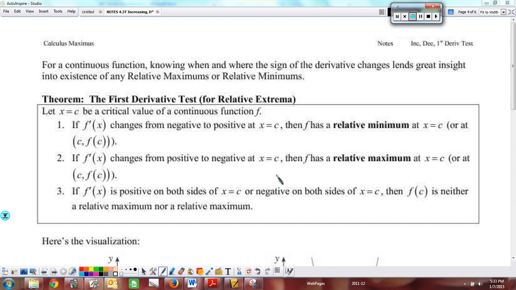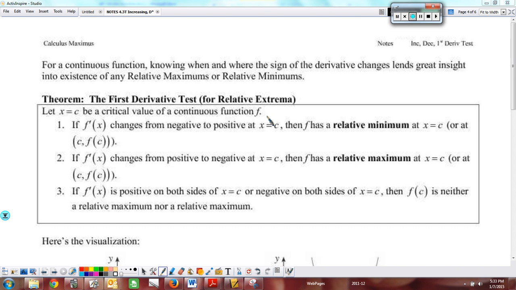In the first part of this packet, we were reviewing what increasing, decreasing, and constant mean for a function, and we were doing a test for increasing and decreasing using the derivative, because obviously it's going to be important to know where you're increasing and decreasing to find where an extrema is. So we did that test. Now that we've determined where a function is increasing and decreasing,